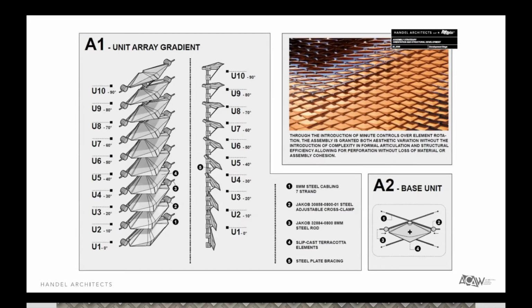So, you can see some of these early diagrams of us thinking through this 10-degree rotation as a gradient that goes from 90 to 0, where this is a shingled system that is more of a closed rain screen, and then this becomes an open brise-soleil. So, with some imagery here. And this was our initial concept for part 2 of our